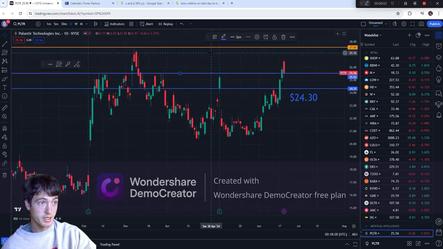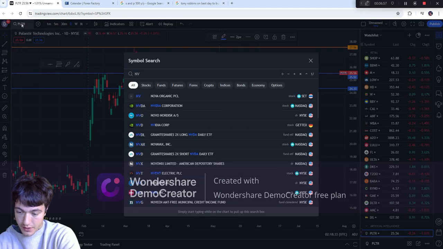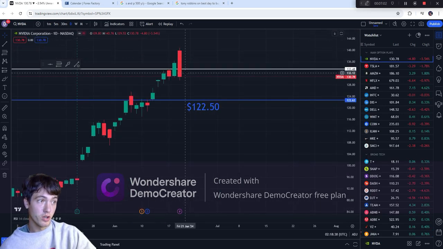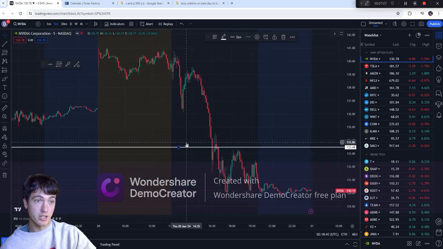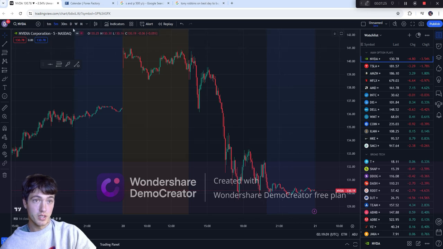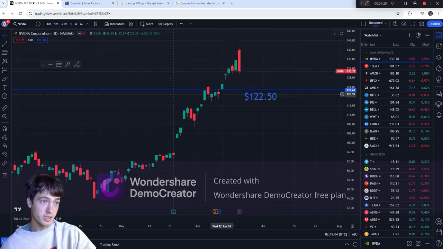Pretty basic. Let's go to Nvidia. Nvidia had a nice pull down today, right? Big pull down from 140 all the way to 130. Let's see how it reacted to this price target here. So yeah, it came down, retraced. This is where we would have got puts down here, because you see that boom, then that retracement, then this is when it really wants to confirm down to the downside. And it pretty much hit that target and then used it as resistance for the rest of the day. So I'm going to actually get rid of that target, come down here.